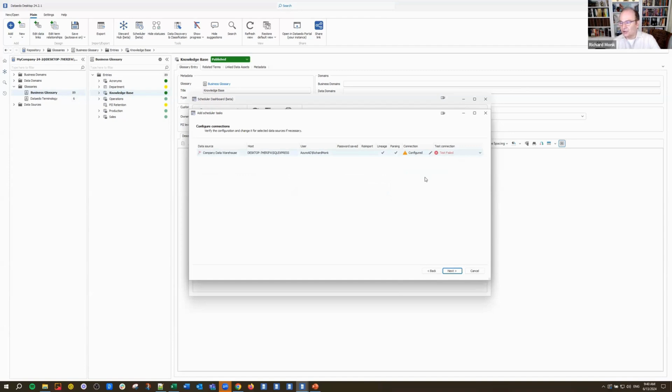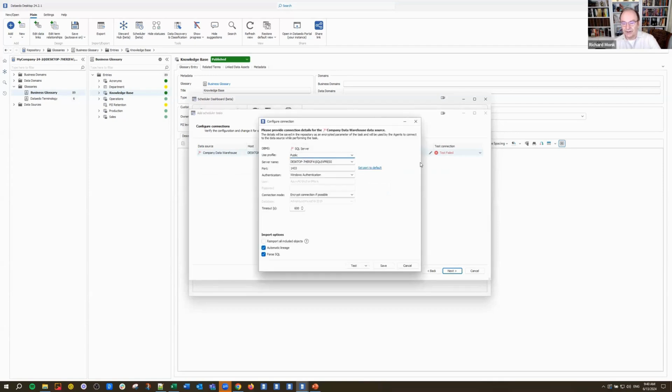Okay, there we have failed. So I know I need to fix my configuration. Go to configure right there, and I'm just going to change this from the Windows authentication to SQL Server. And test it again. There we go, it's successful.